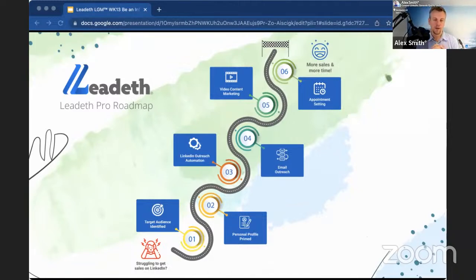The sales journey, the sales process, is all about having lots of touch points with a prospect. Nobody's going to just say, yeah, I want this now, I'm going to need you to do all this for me, and have a sale on the first touch point. It just doesn't happen. It takes 4 to 7 touch points with a prospect. It takes a bit of interaction. They want to know who you are, what you're about, how you can help them.